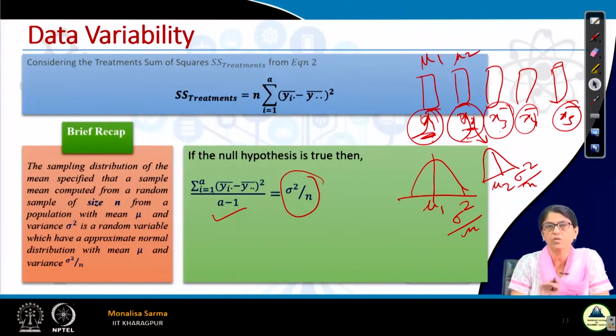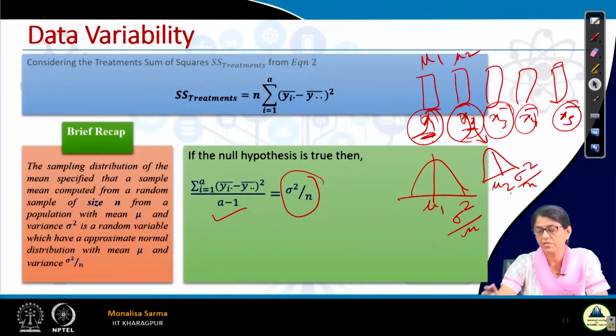This is nothing but sigma square by n, because all this population, we have seen all the samples, it has a variance of sigma square by n, isn't it? So we have taken only these samples. So if this is the case, that means the variance, if we now consider these A samples and try to find out the variance among these A samples, I got this, and this is nothing but sigma square by n,